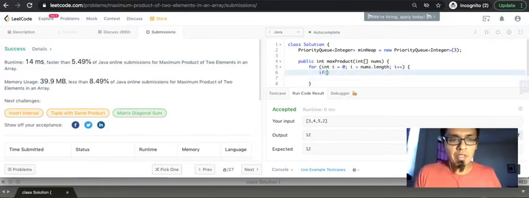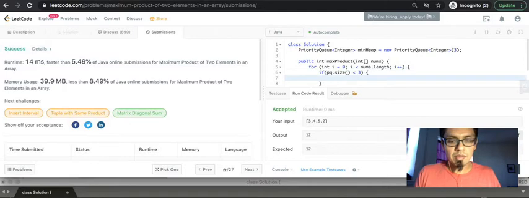So if pq.size is less than 3, pq.add. I'm calling my priority queue min heap. I always default to pq, but you should name variables qualitatively. minHeap.add nums of i,